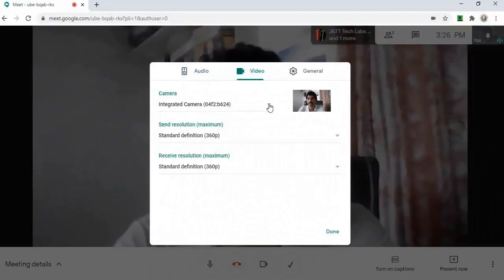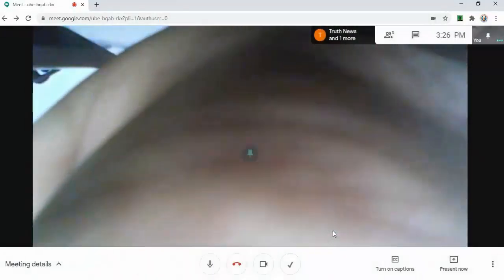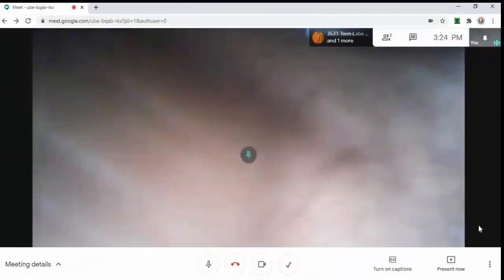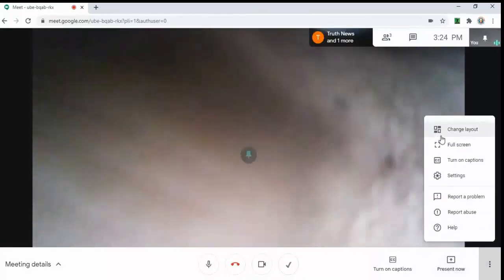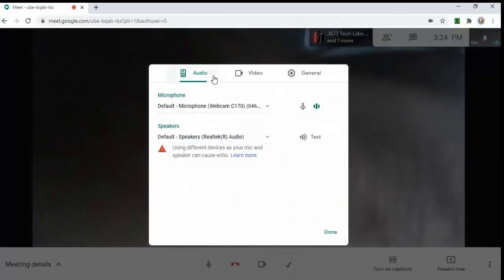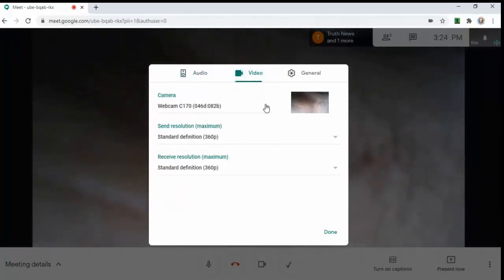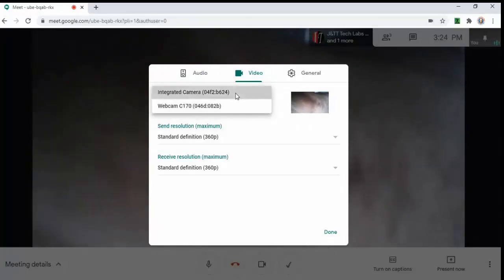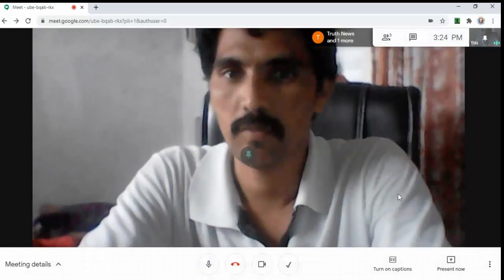Here you can see one integrated camera that is inbuilt with the laptop. This is the web camera which I connected externally to the laptop. Once we select the video for that second camera, it will focus on the other side of the screen. On the other side, we will focus on that white paper, a notebook or whatever place we are writing on to explain to the students. I'm using a notebook, and that notebook will be displayed. I'm focusing on that notebook, so I'm explaining on that notebook.